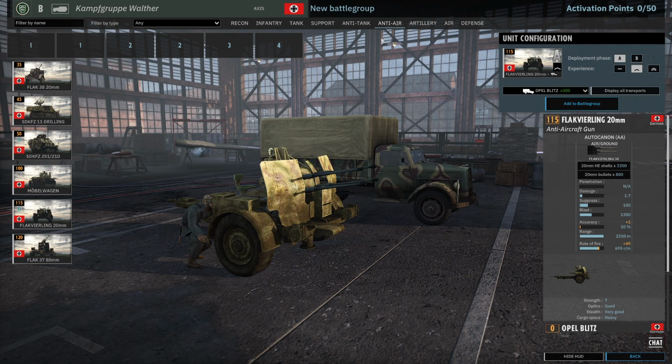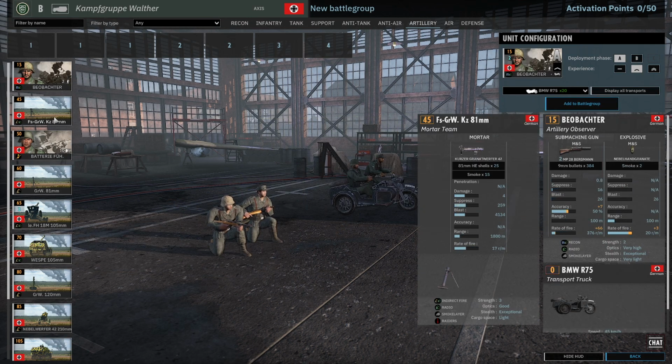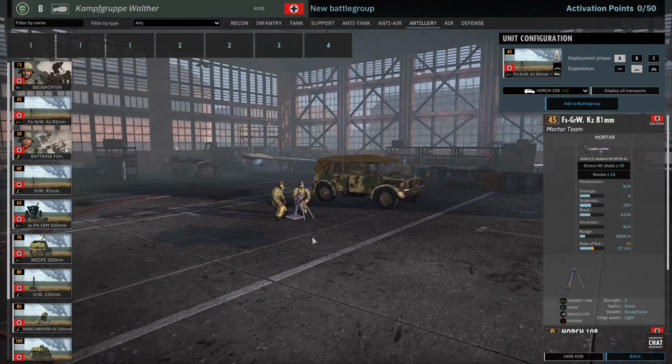And because if you don't kill enemy planes, it's not good. So you would need 2 of these, or this and another one. That's also an option if you don't want to upvet it. In the artillery tab, you get the Beobachter, which is really cool. You also get radio mortars, battery